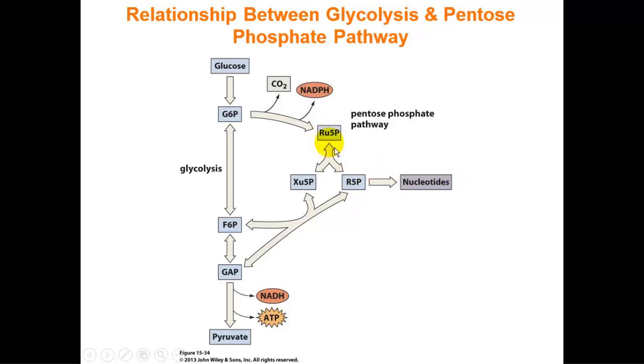The bifurcation can also occur here and make xylulose 5-phosphate, which in turn can go and make, through stage 3, the carbon-carbon rearrangement phase, fructose 6-phosphate and glyceraldehyde 3-phosphate. So it's important to realize that this can shunt into glycolysis to make pyruvate, or the fructose 6-phosphate and the glyceraldehyde 3-phosphate can be shunted upward to make glucose via gluconeogenesis. So the pentose phosphate pathway feeds into both glycolysis and the opposite of glycolysis, gluconeogenesis, and it can also feed into DNA and RNA synthesis. The bifurcation point occurs right